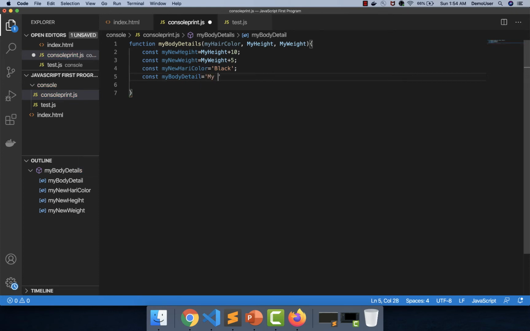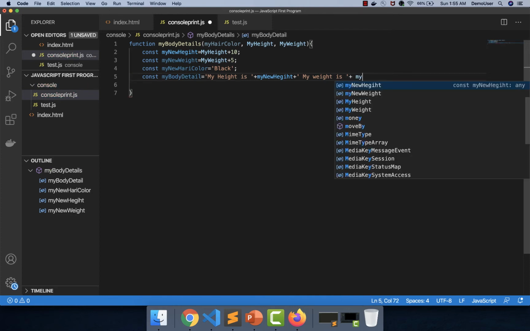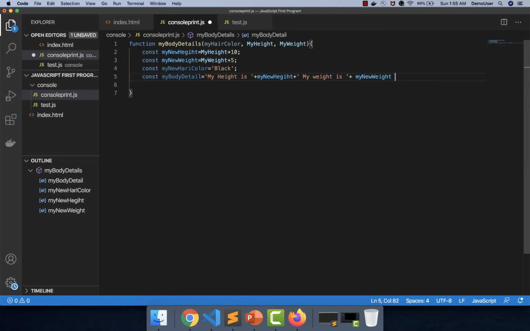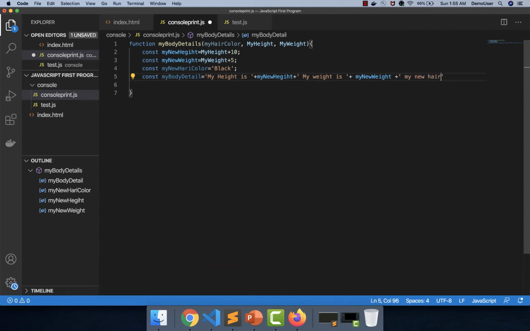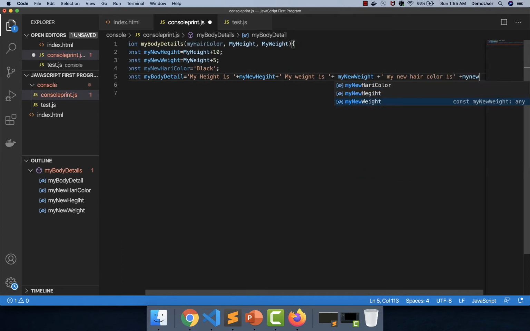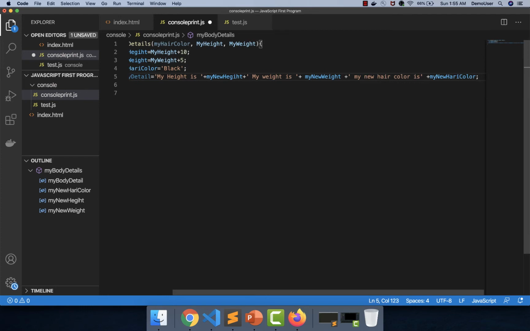I will say my height is plus my new height, and I will again pass saying my weight is my new weight, and the last, my new hair color is, and I will say my new hair color. That's it.